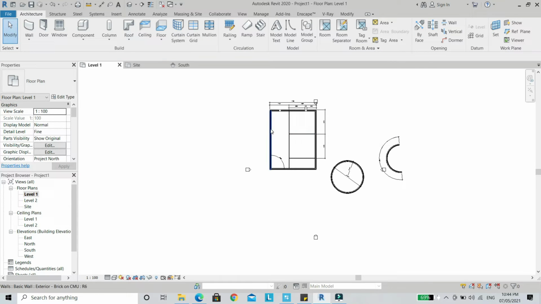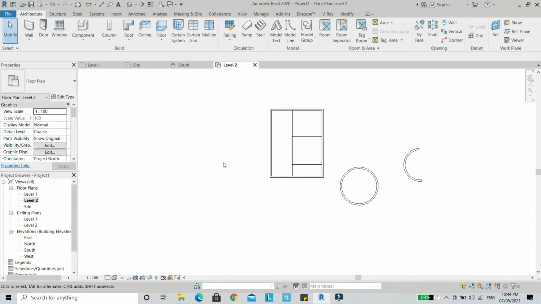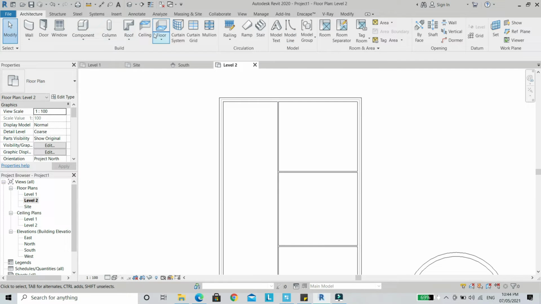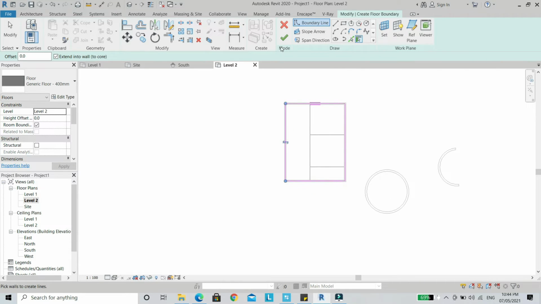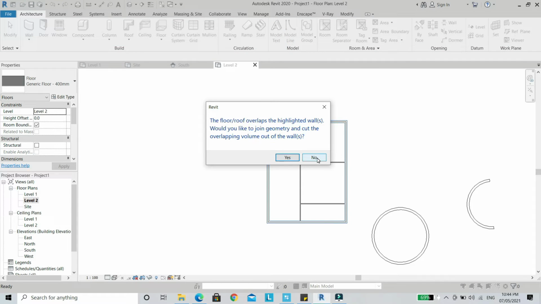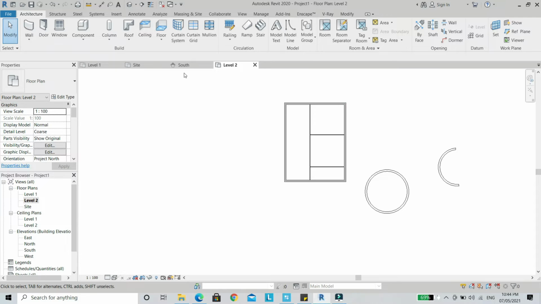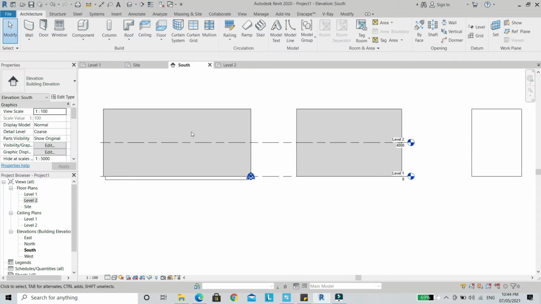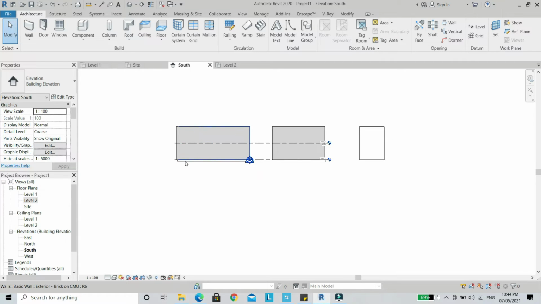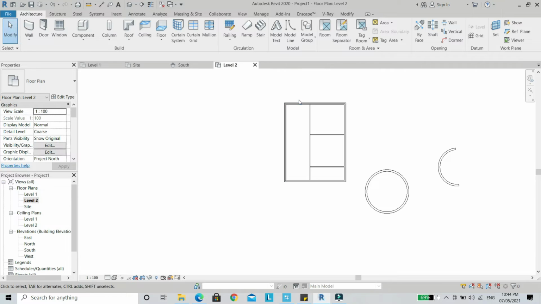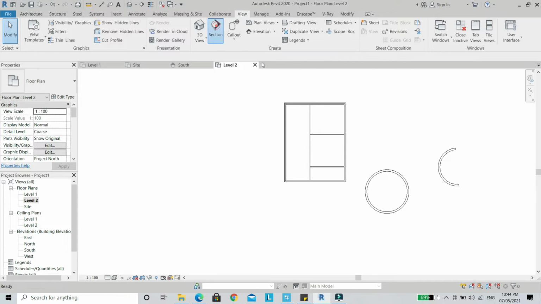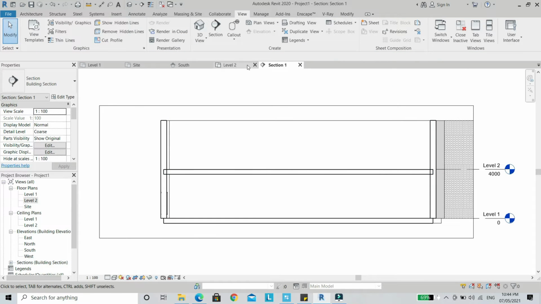Then we have another floor, level 2. Okay, so let's try to view. Okay, so there. So anyway,